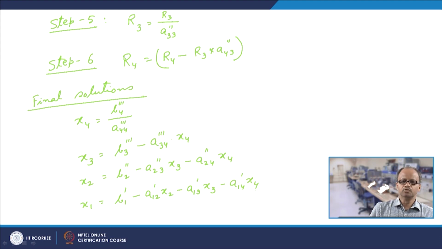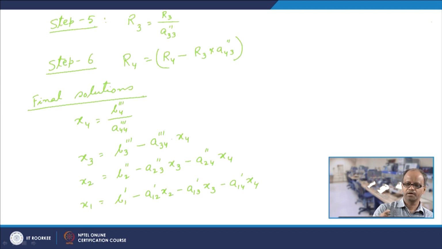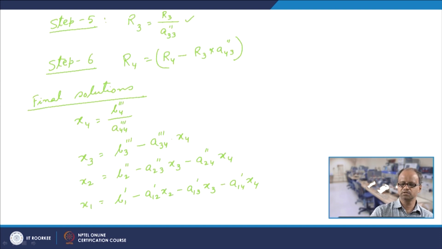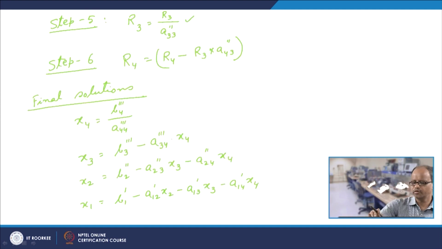So, that is how it would go. Now, here we have assumed that we did not face any kind of problem of pivoting. Pivoting means that whenever we have tried to divide, for example, here and here, these values A11, A22 dash and A33 double dash are all non-zero. So, the assumption we have taken in our calculation here was